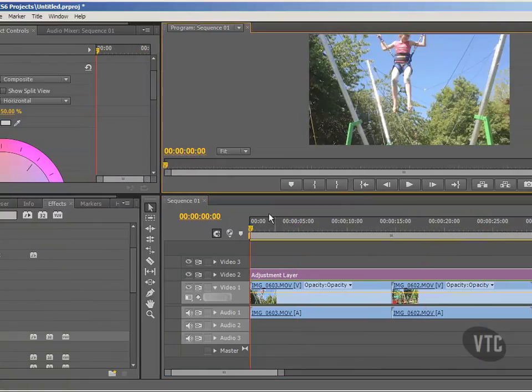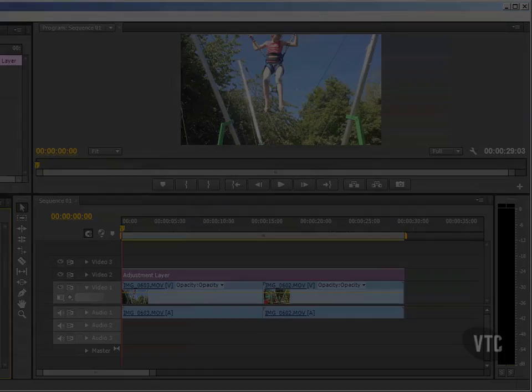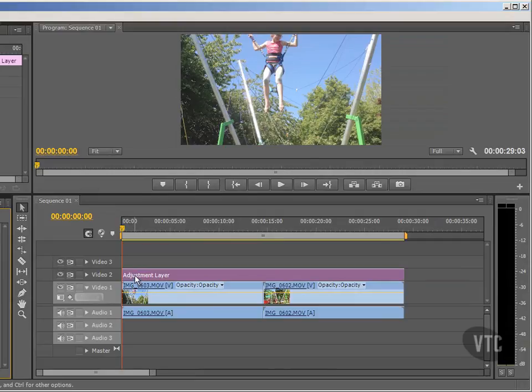Okay, so that's an example when we've got two clips running sequentially. Let me try it a different way now. I want to try it with both clips but stacked, one on video track 1 and one on video track 2. Incidentally, this instance of the adjustment layer here on video track 2, if I want to remove it,